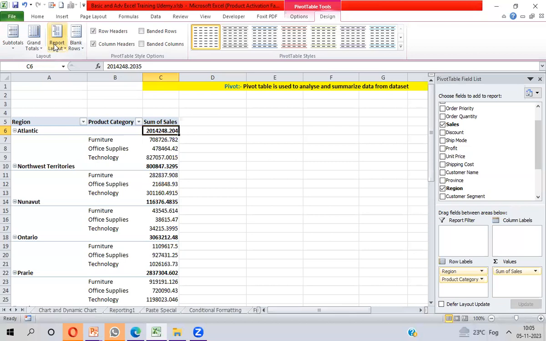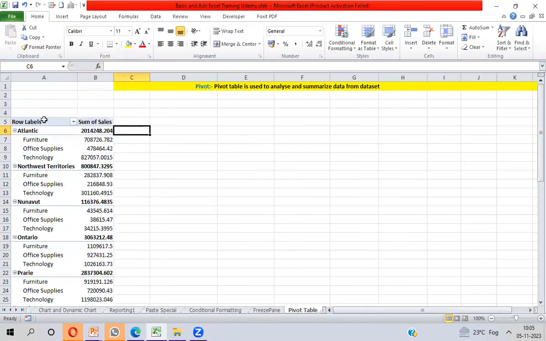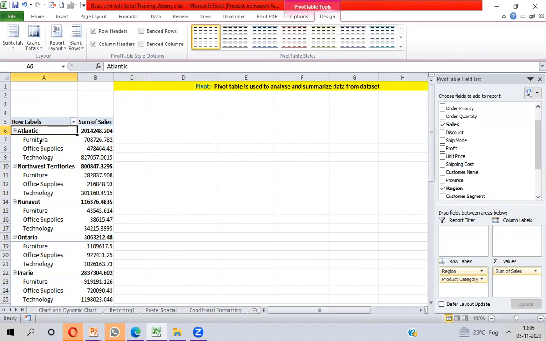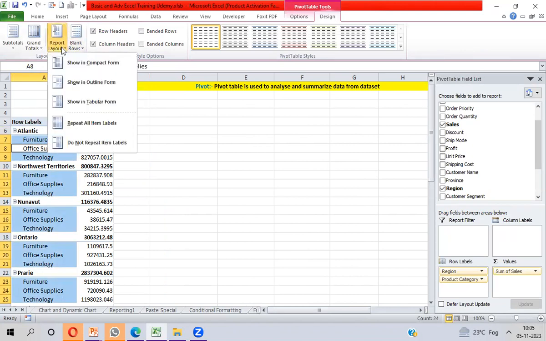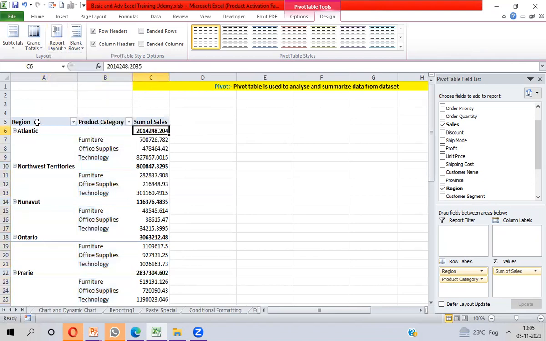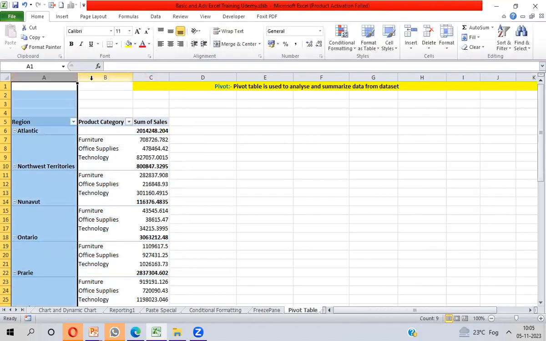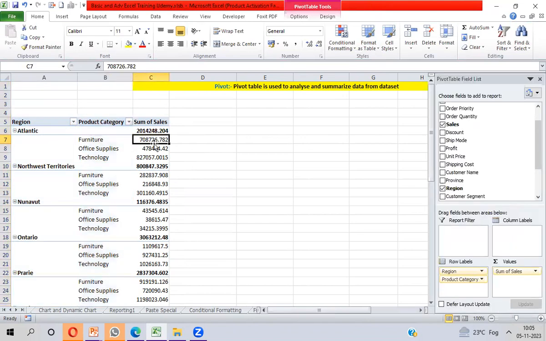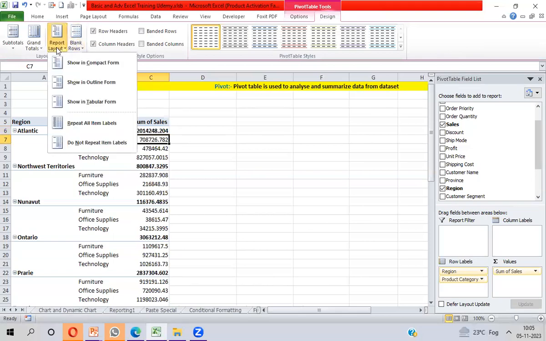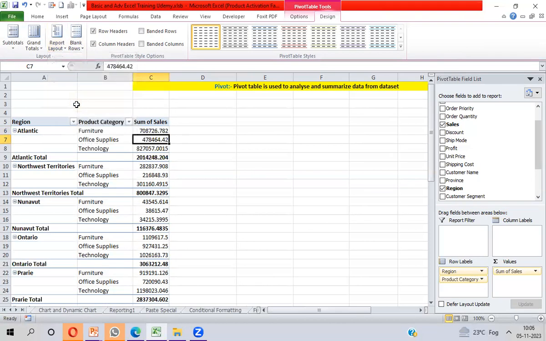In the first, compact form, you can see all the text fields are showing in the same column A, meaning region and product category are in column A. But if I take the second, outline form, your subtotal value will move to the upper side, but you are getting data in different columns. Now there is the tabular form, which is also the most important form of the pivot table.